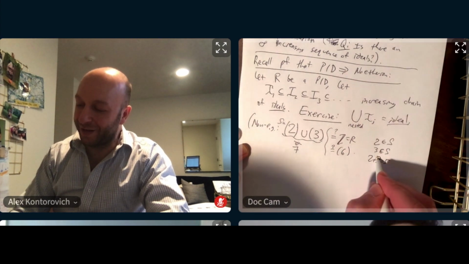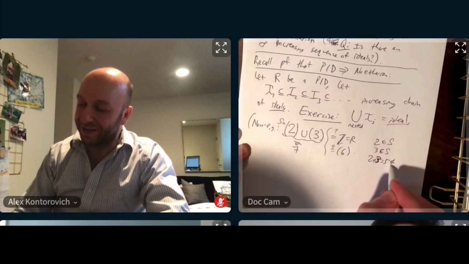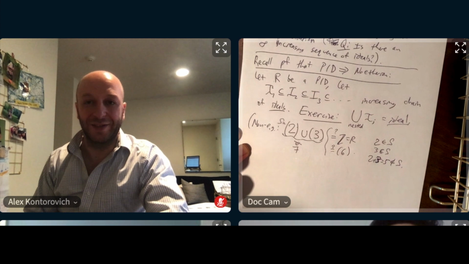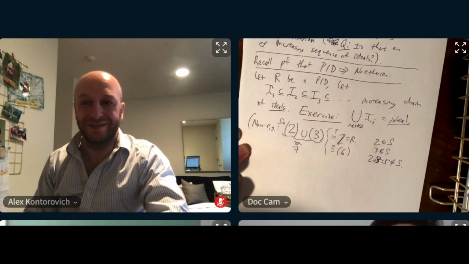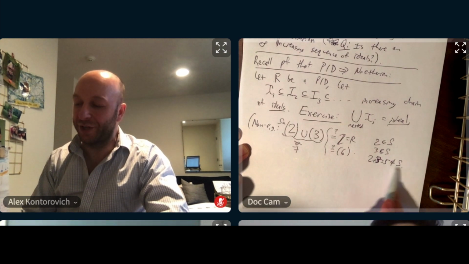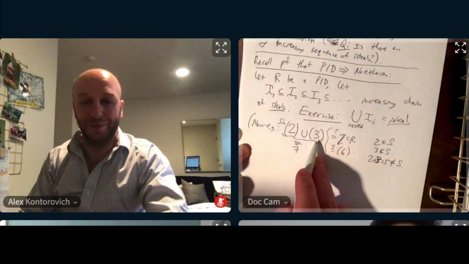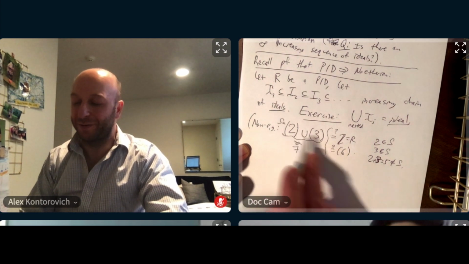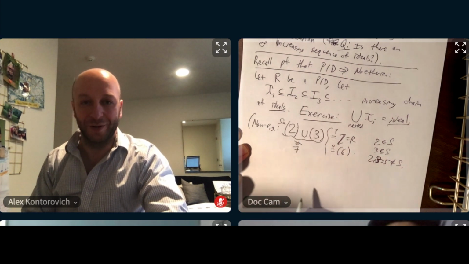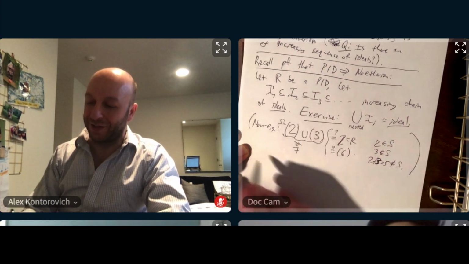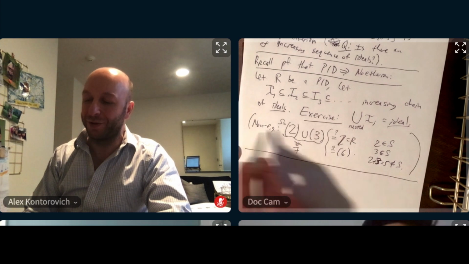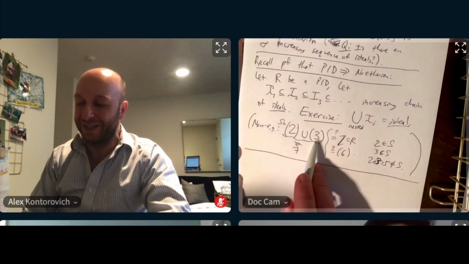And 2 plus 3 is not in S. So S is already not an ideal. It's not closed under addition. It's just multiples of 2 union multiples of 3, and 2 plus 3 is not a multiple of 2 nor a multiple of 3. Okay, so that was just a little aside that in general unions of ideals are not ideals,